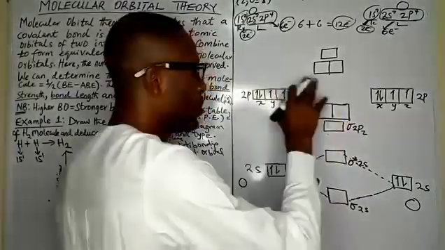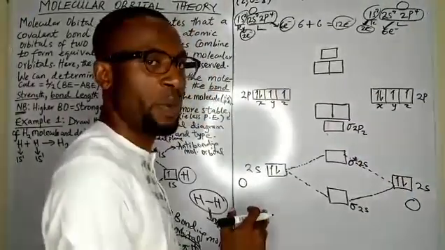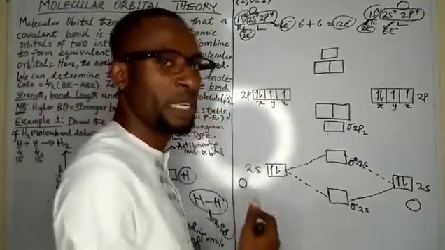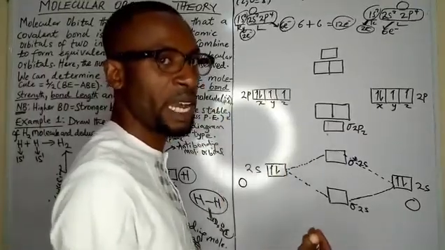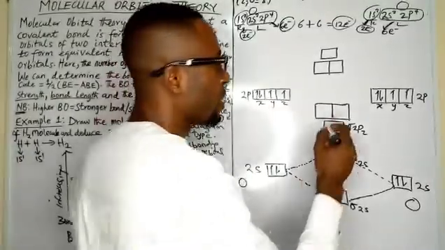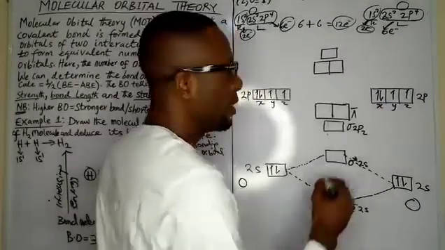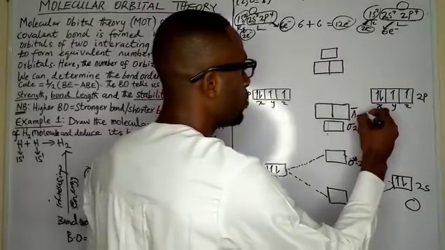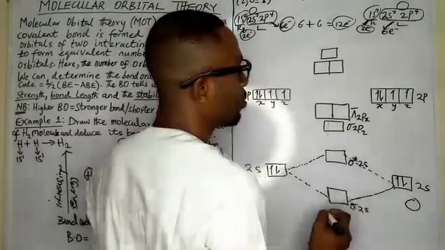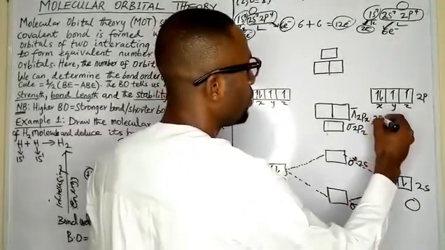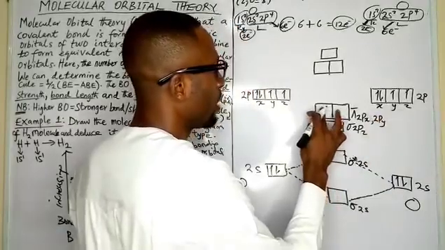Nice. After the sigma, at the 2p level, we begin to introduce what we call the pi bond, which I'm going to explain in the next lecture in what we call hybridization. Just follow me through now. At this level, you now have what we call pi. We're still in the 2px. Pi 2px, comma, 2py.